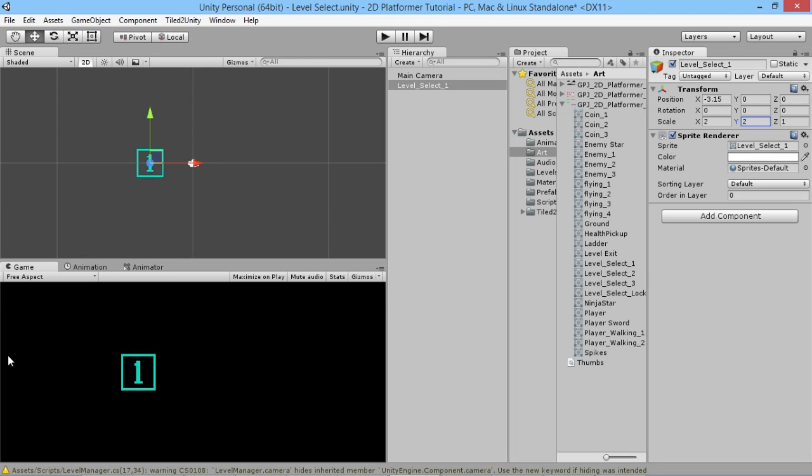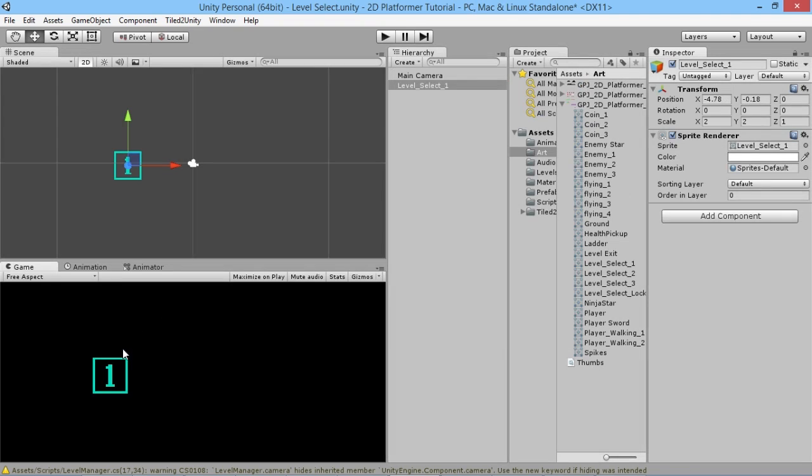So just like that. That's probably a big enough size. So here we go. And we'll just move it over, say here, so it's kind of to the side of the screen. If we maximize it, we can see it's still got plenty of space around for us to mess around with. I'll just move it up a tiny little bit. Perfect. And basically we want to have our three little level select icons here for the 3 levels we currently